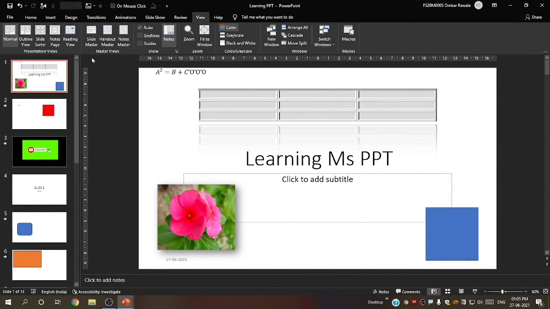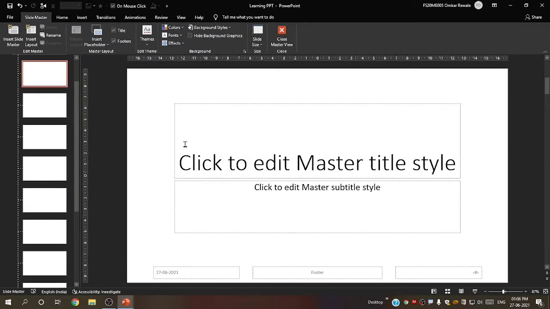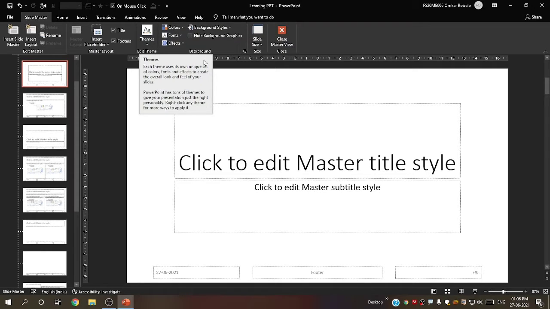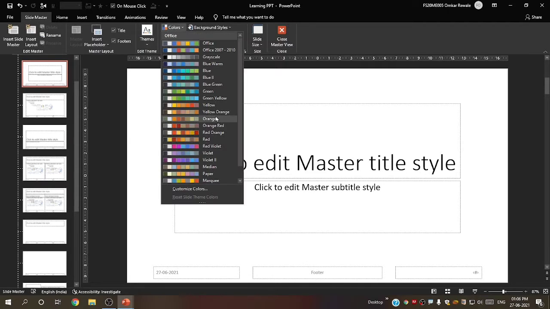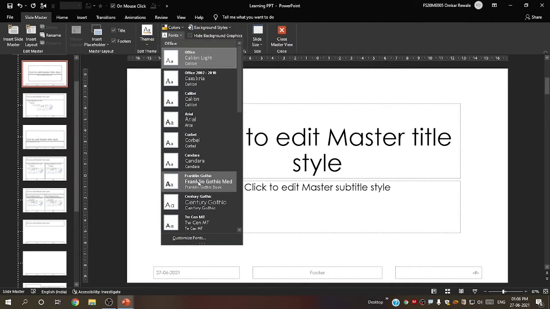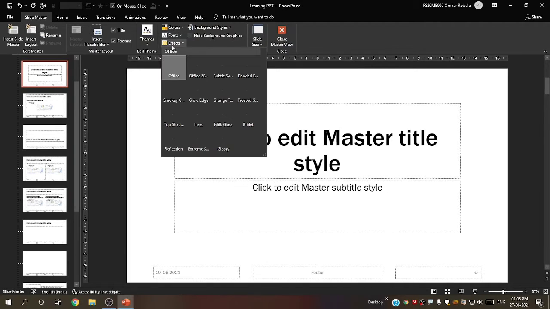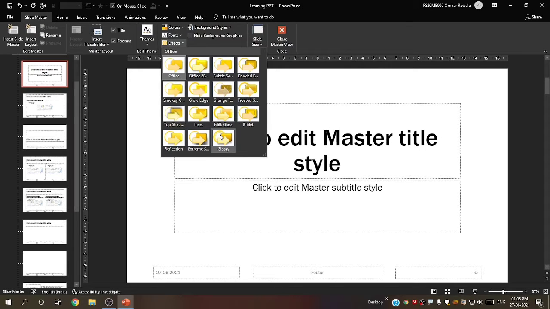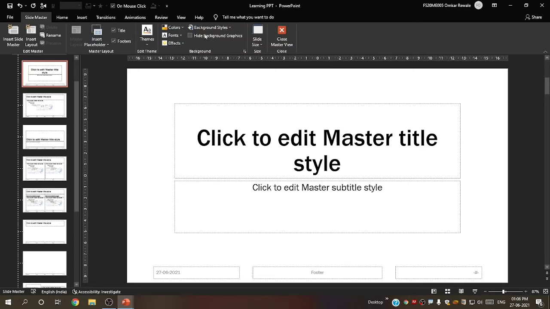Then slide master. These are the master views. Slide master is associated with this, so you can make your own custom slide from here. Yes guys, you can make your own custom slides. Let's say I am making my own. For themes, I can select any theme. Right now I don't want any theme. For the color pattern, I want the yellow color pattern. Font style, this will be the default font style. Let's say, okay, this one. Then effects. Now you can also select your infographic effects. I want this effect. Background style, say this.